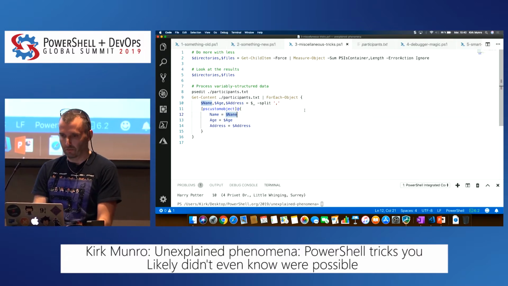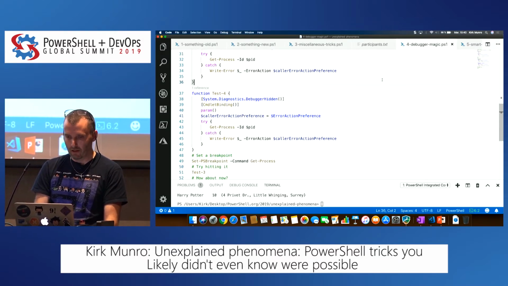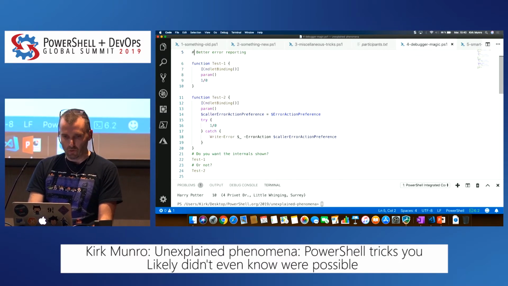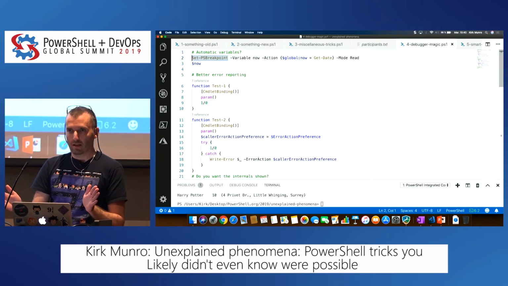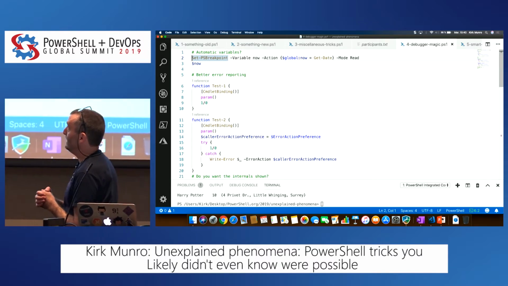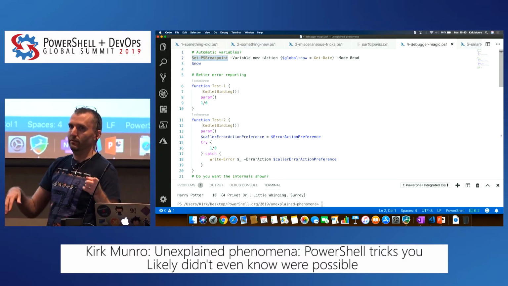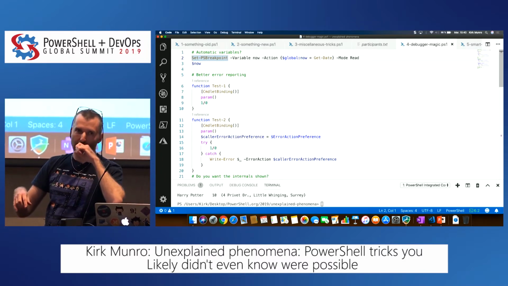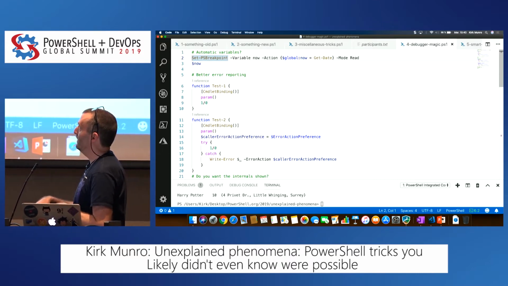OK, so moving on. Now, I mentioned I work in the debugger a lot, and there are some cool things you can do with the debugger that some people don't know about. How many people know about automatic variables already? OK, so it's not an official thing. It's just kind of a hack the way it is right now. I'd love to know if you think it would be useful to have automatic variables as an official thing, because that's something I might be tempted to work on as a PR, because I think there is value in